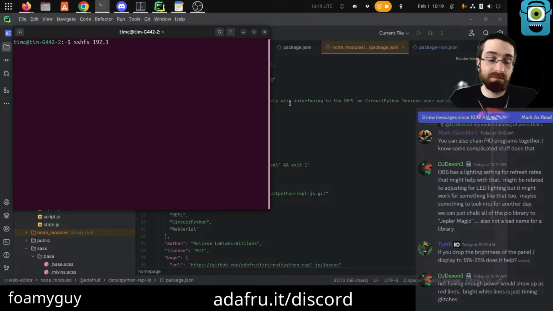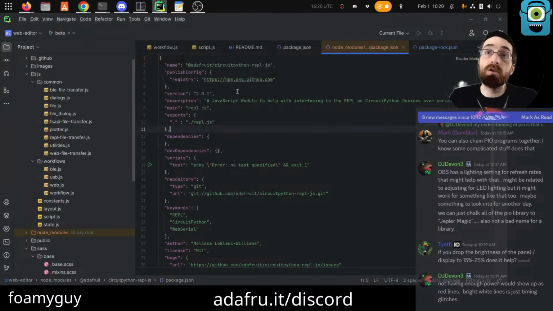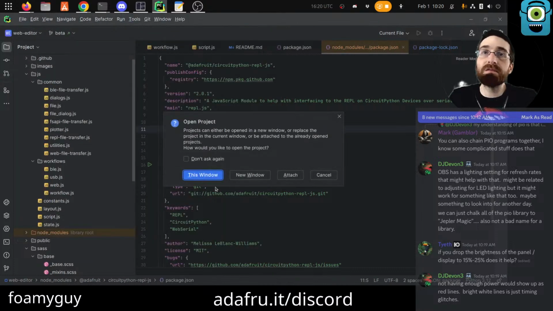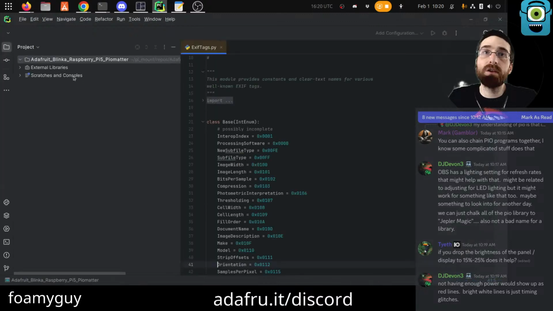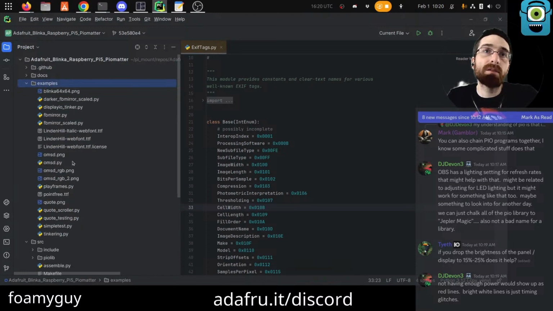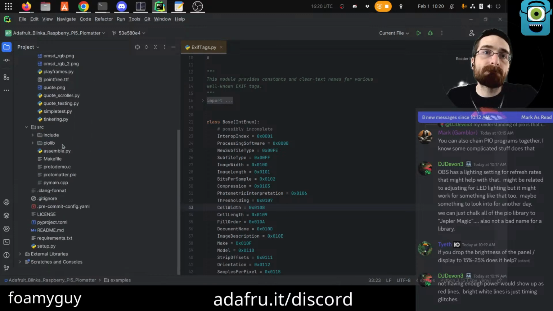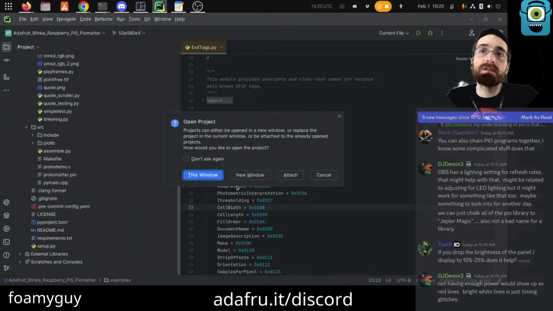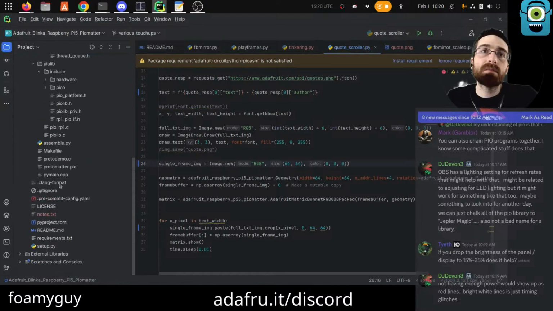This is going to connect to the Pi over SSH, but as a file path, which means we can see the files on the Pi locally on my computer, which means I can open this project, which is actually on the Pi itself. It's not on my computer, but I can open it on my computer now because of that SSH thing. You're going to want this in a minute, but we also want to find this one. I think that's where there might be some notes.